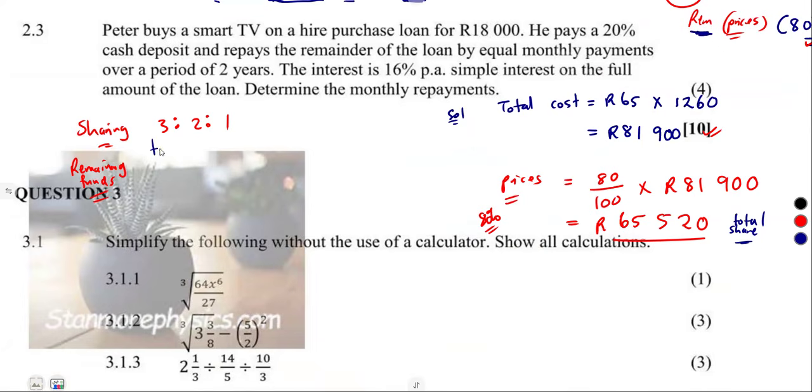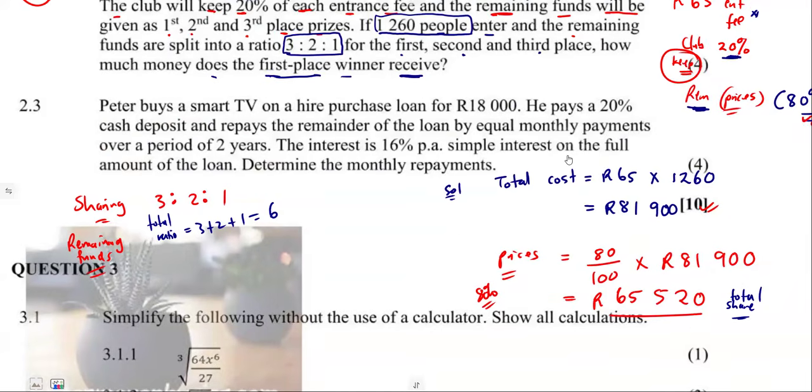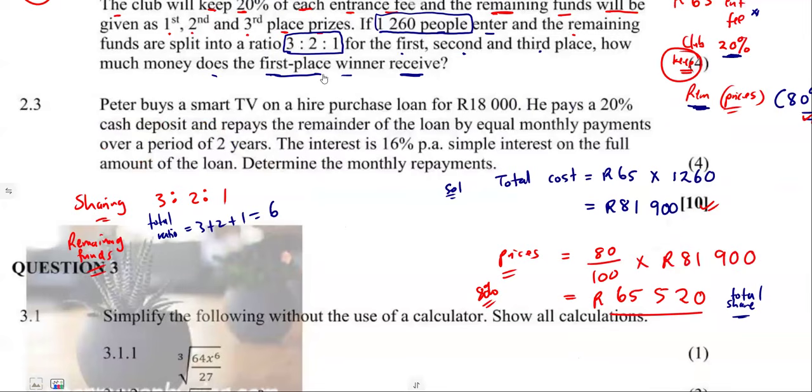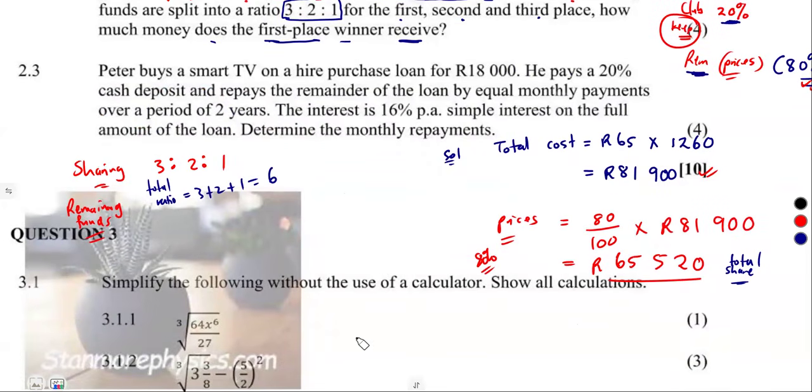So what is our total ratio in this case? Simply add 3 plus 2 plus 1, which is going to be 6. So therefore, our first place winner